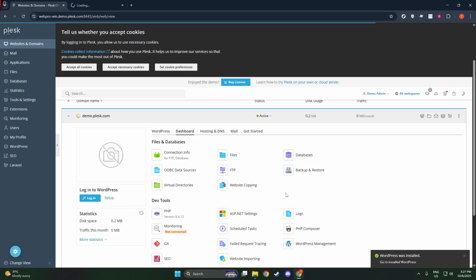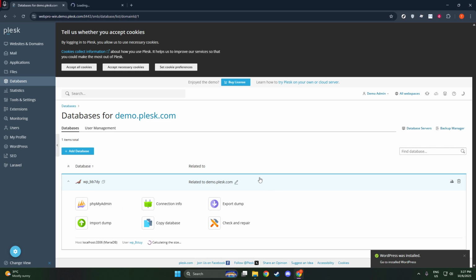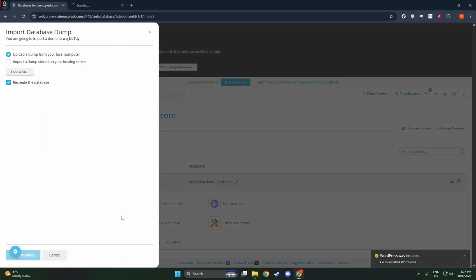The first option is to upload. This involves browsing your local computer to locate and upload the dump file. The file could be in SQL or zip format. Make sure you've stored your SQL or zip file in an easily accessible location on your device beforehand to make